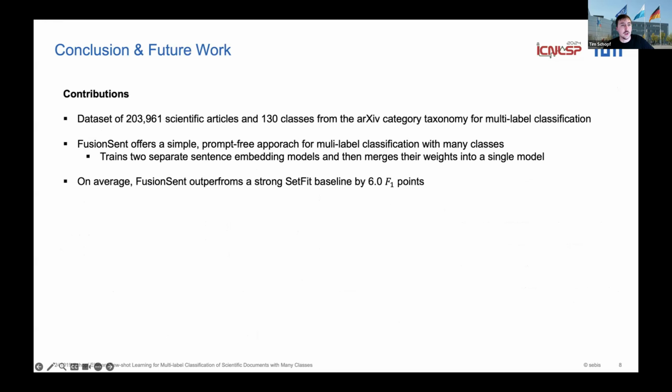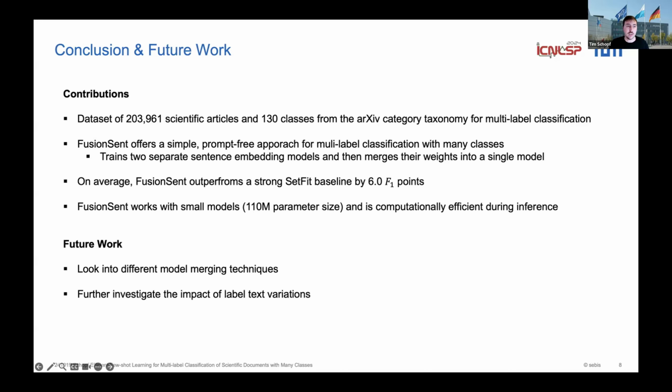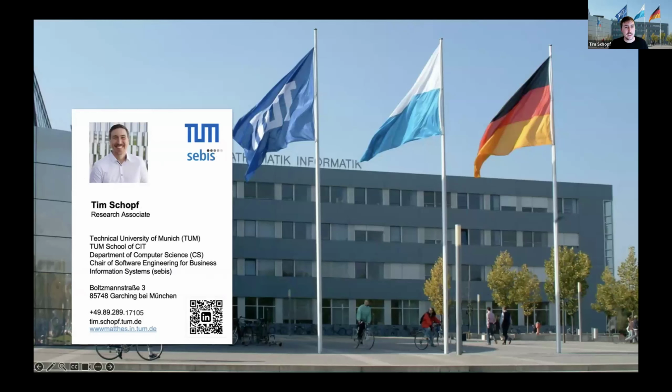Our model outperforms a strong SetFit baseline, and FusionSent also works with very small models. In this case, we used a 110 million parameter model, which is very computationally efficient during inference. For future work, we would like to look into different model merging techniques and further investigate the impact of label text variations. Thank you for your attention.